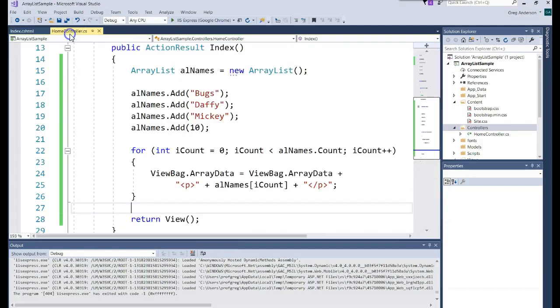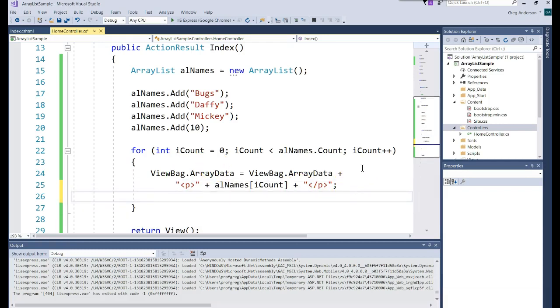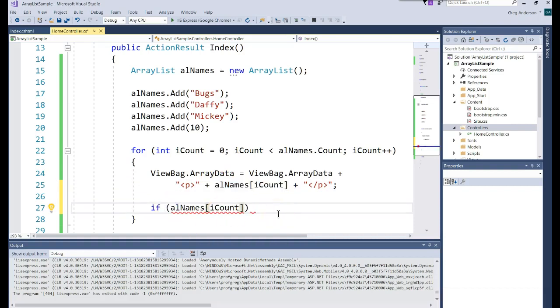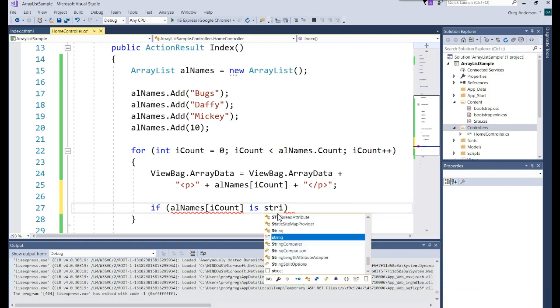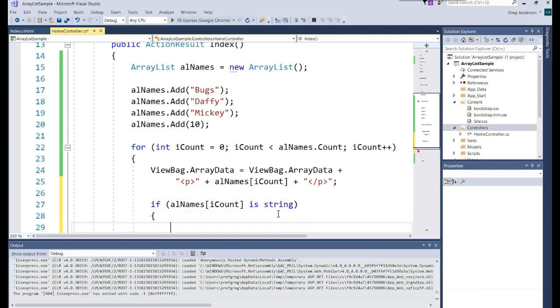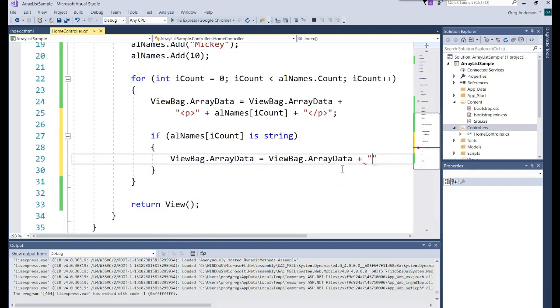Now, one other thing we could do with the array list, because it is a little dangerous, is we could actually have an if statement in there, and we could say if, and access the element of that array list and say, are you a string? And if so, let's go ahead and concatenate onto our view bag. Let's just put the word string,